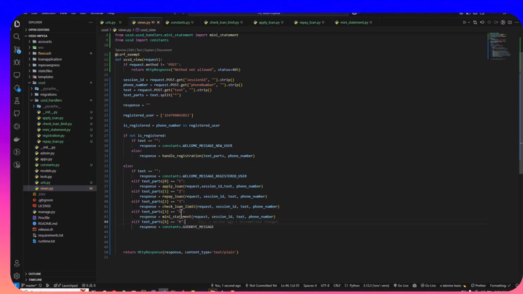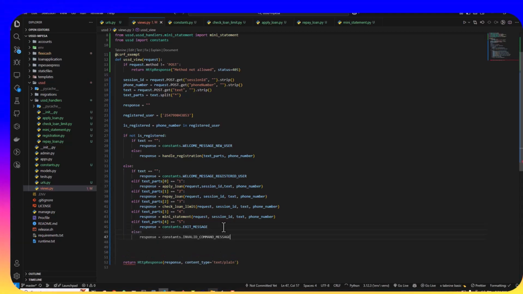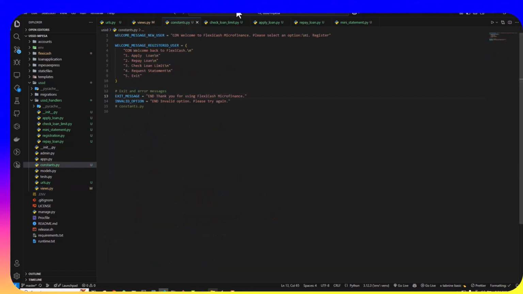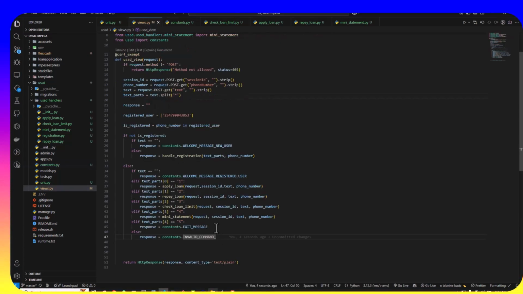Then the fourth is equal to 5. Then what are we going to say? Constant.exit message. And then let's close it up with the else. Let's just say response, that one was invalid message. What was the name of the message here? Invalid option. So if the user enters an invalid option,